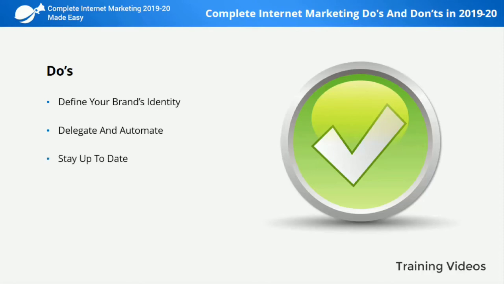Stay up to date. Digital marketing tools, advertising platforms, and search algorithms are constantly changing and adapting to shifts in technology and laws, so it is important that you stay up to date. Set realistic goals. Set realistic goals according to your budget, the size of your audience, the type of product or service that you are promoting, and the niche that you are targeting.